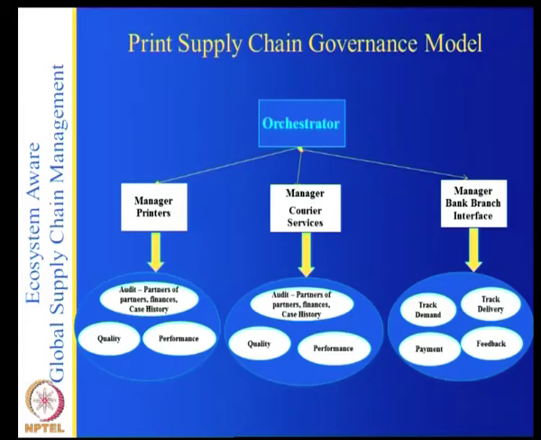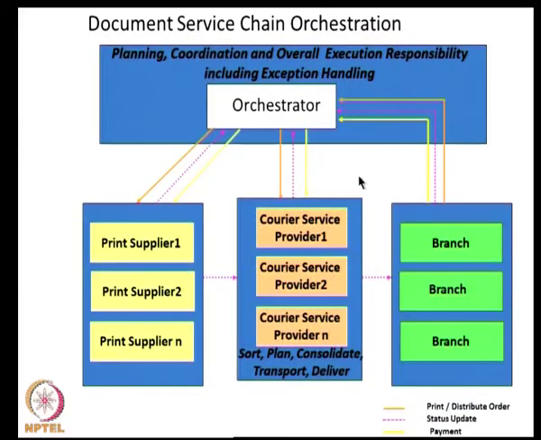Of course, this kind of thing may change, as in the case of income tax filing, where the government may say you have to do e-filing, and those kinds of technology changes may change this print supply chain. But currently the print supply chain needs an orchestrator to save a lot of money. Otherwise, bank branches always complain that they do not have the proper forms, and they have to use Xerox copies of the forms and all that kind of thing.